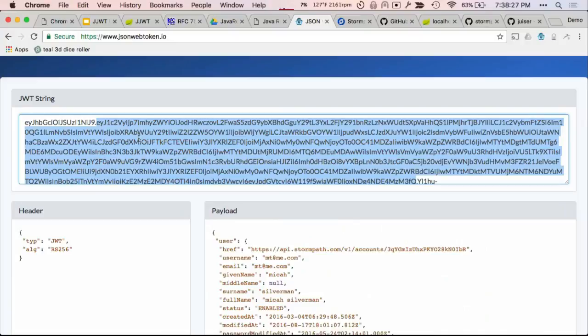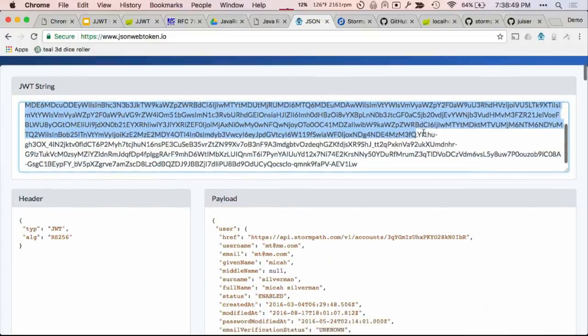The specification does also include encryption, but in the context of what we're talking about here, these are not encrypted. So it's something to be careful about. If you're using JOTs on the public internet, you have to make sure that it's not sensitive information unless you're actually encrypting it. This final section, this is the signature.